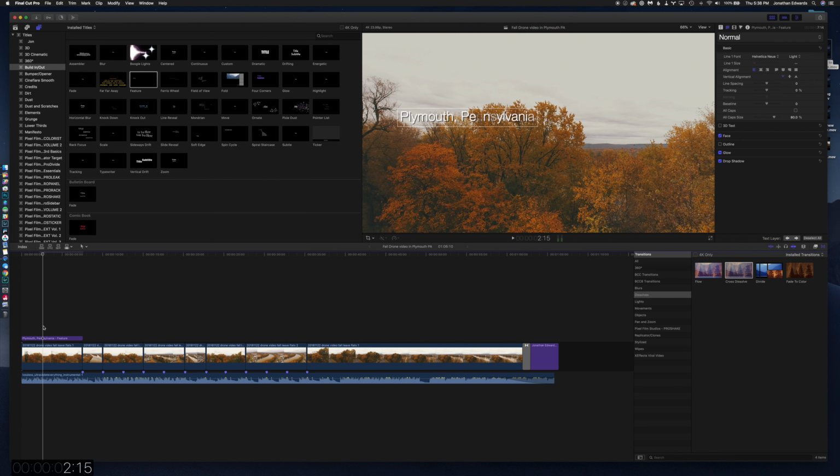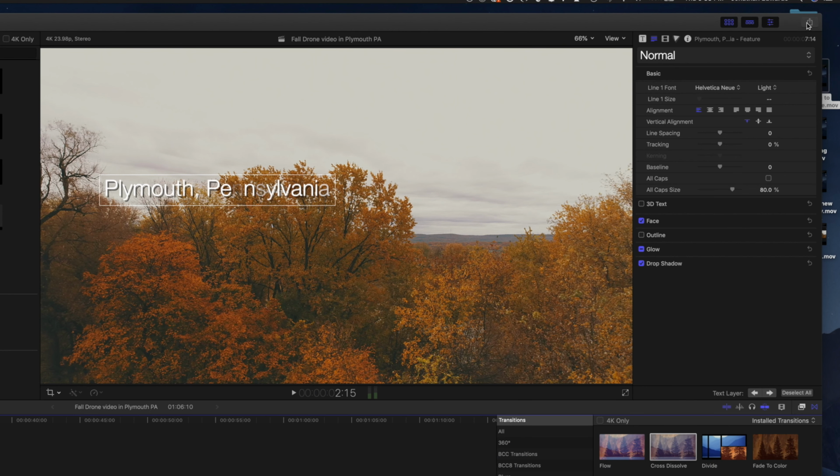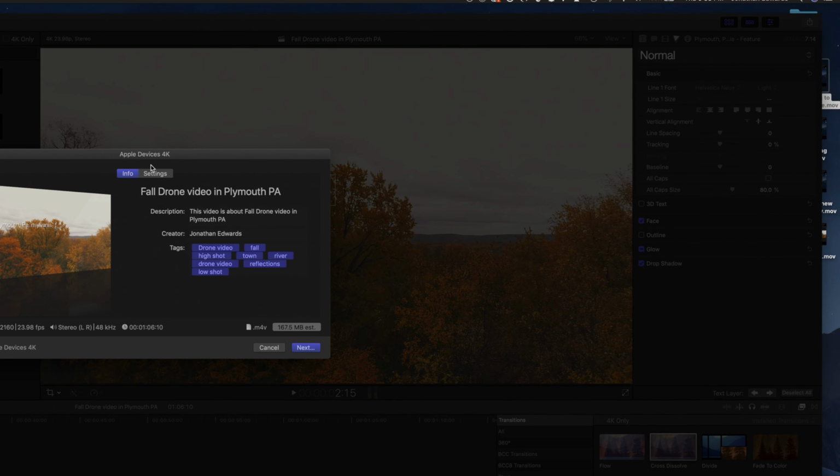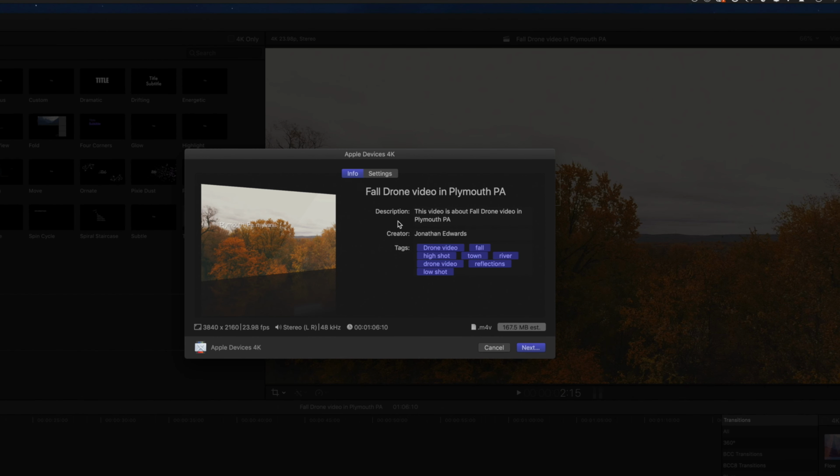Now we're going to export it. You're going to hit the little thing right here. It's going to export, and I'm going to export it as a 4K video. And you see how it already has all the tags and keywords and everything? That's kind of cool. Settings, you don't really have to play with these unless you're exporting in 1080p. Then you can select best quality or whatever. Then we're going to click next,